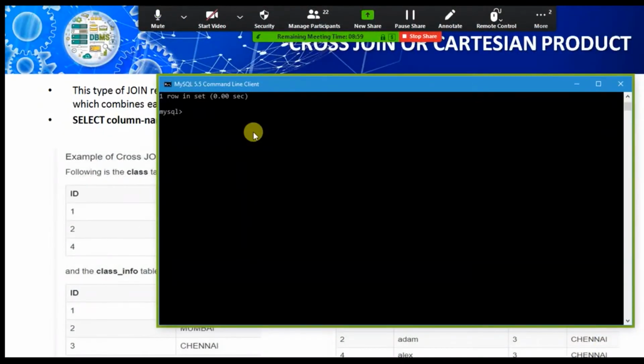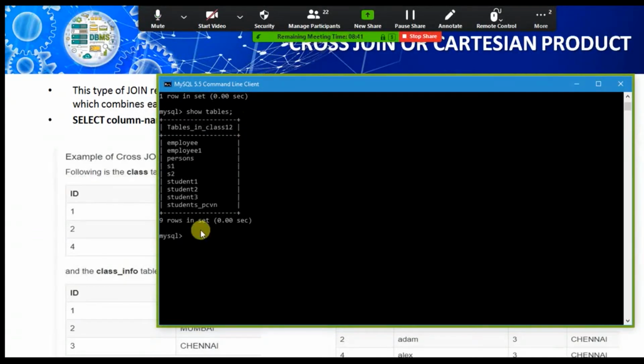I'm going to run a quick example of cross joining. I am going to use the tables which are already created. So show tables: S1, S2, students, PCVN and employee.